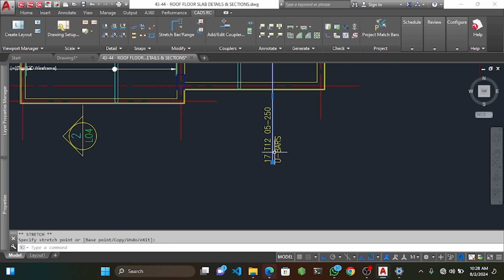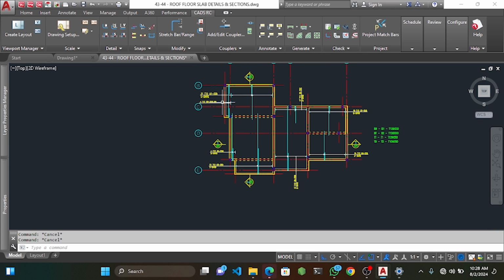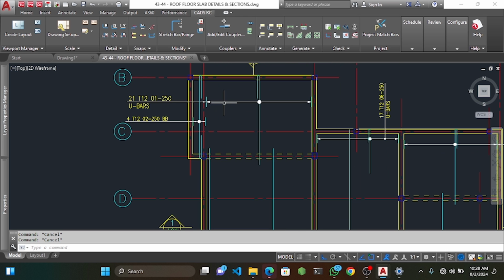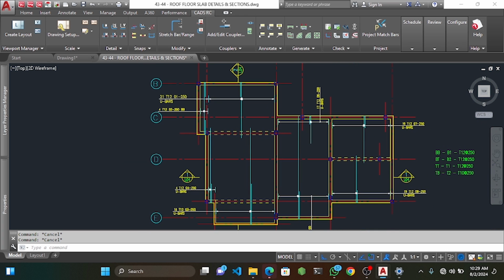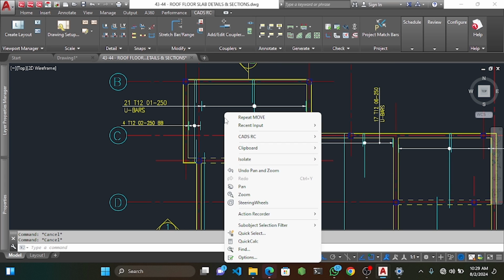So now I've placed all my vertical bars for the bottom reinforcement. Now I'll place the horizontal bars for the bottom reinforcement. Placing these ones, we'll still start from this panel. Let's do it all the way down from the left to the right. For this one, I still come back to right click here,